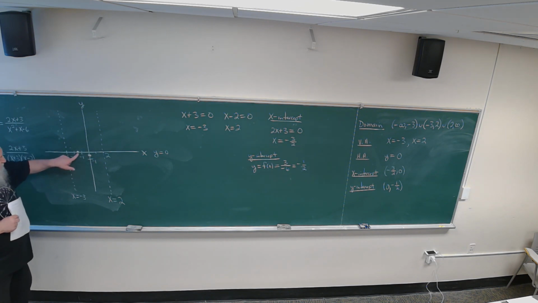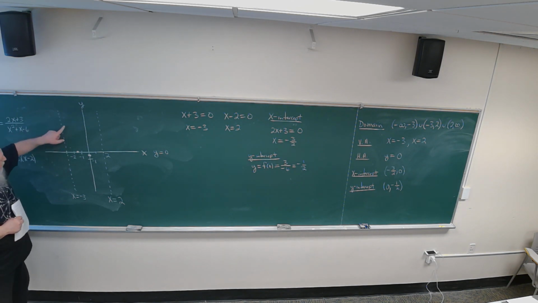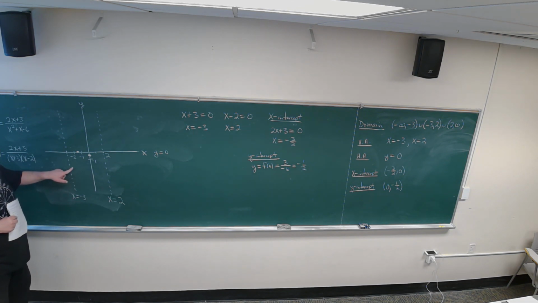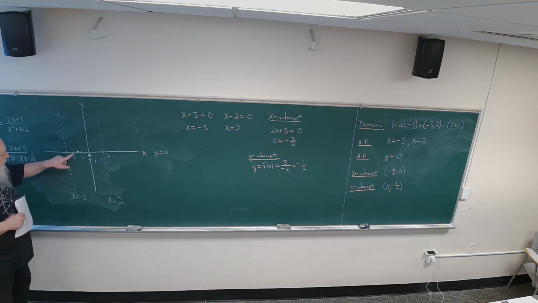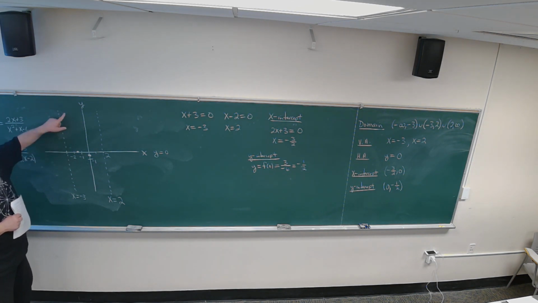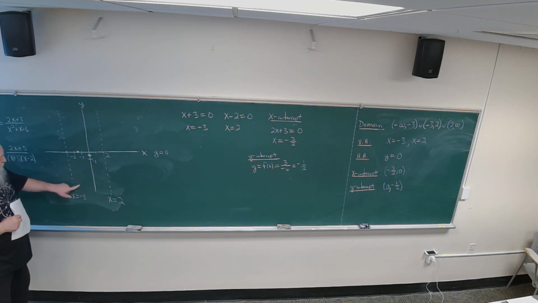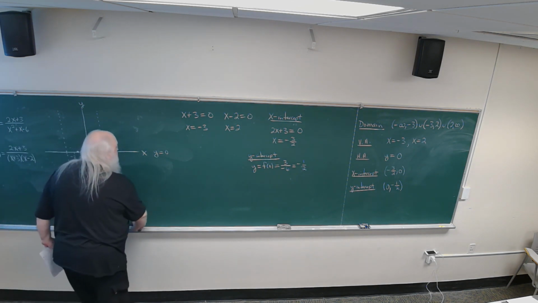So we know the graph is going to cross the x-axis right here. And we want to know, is the graph going to go up or go down to the right of this vertical asymptote? Well, we can test the value of the function at x equals -2. If the value of the function is positive, the graph's going to go up. If the value of the function is negative, the graph's going to go down. Okay. So f of -2